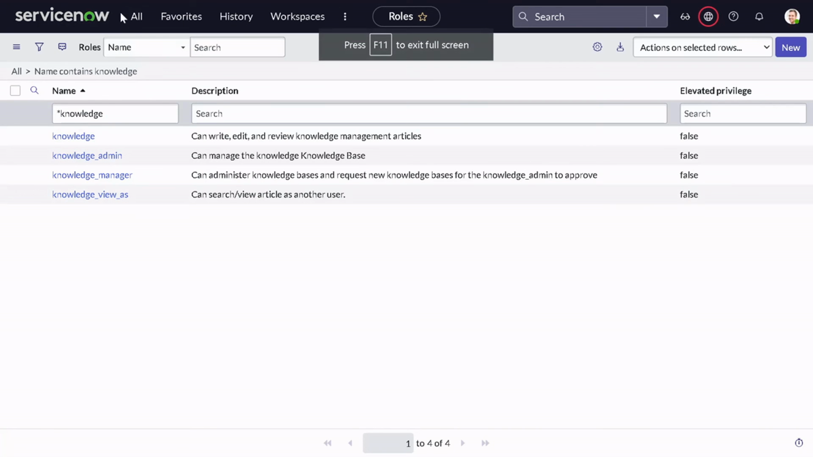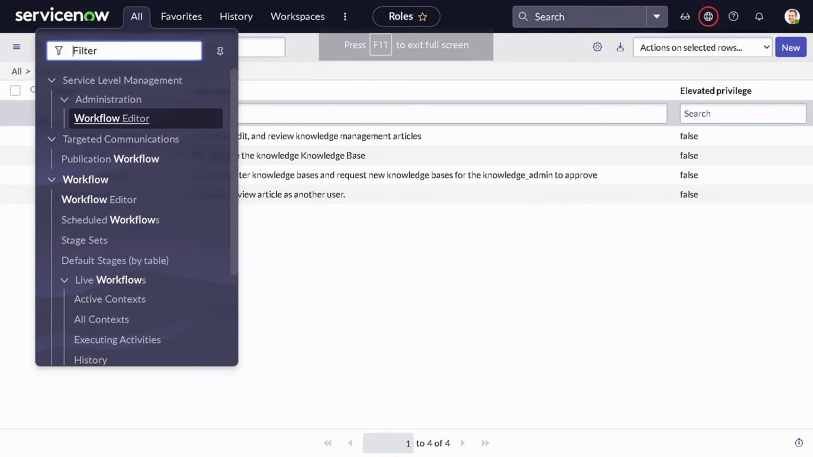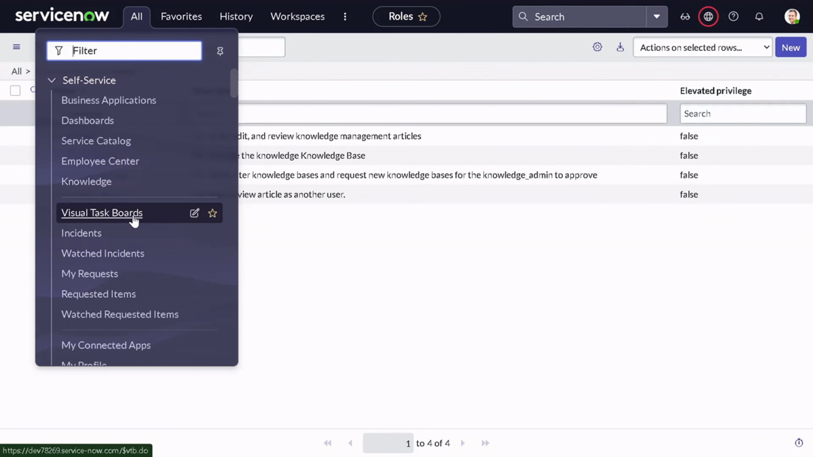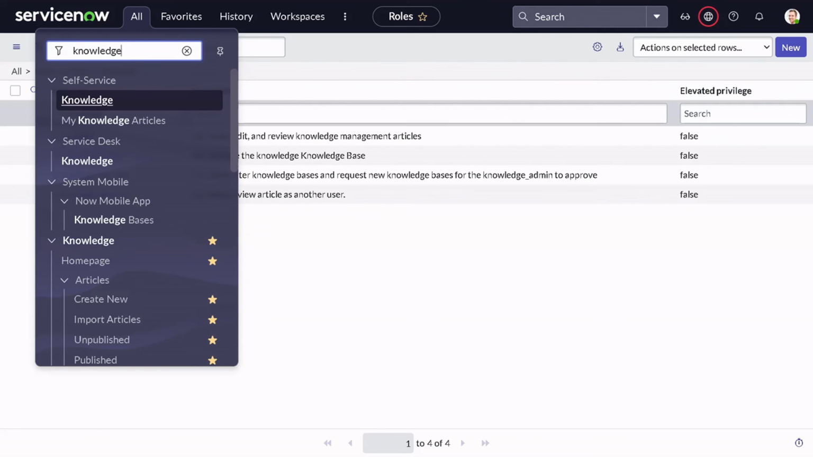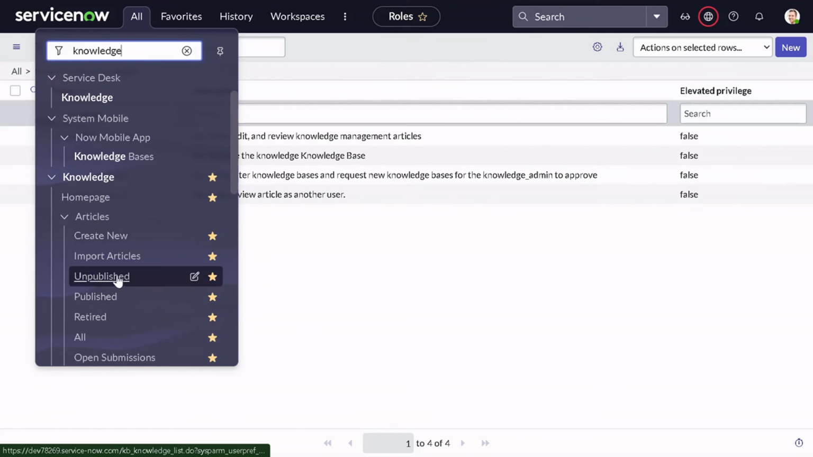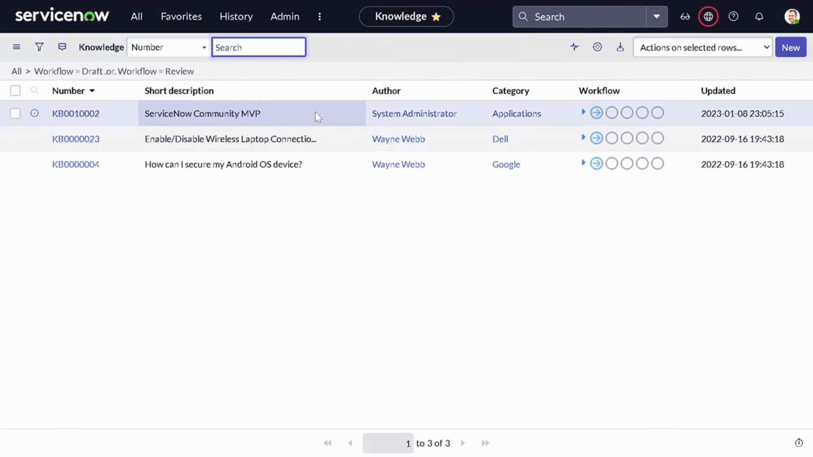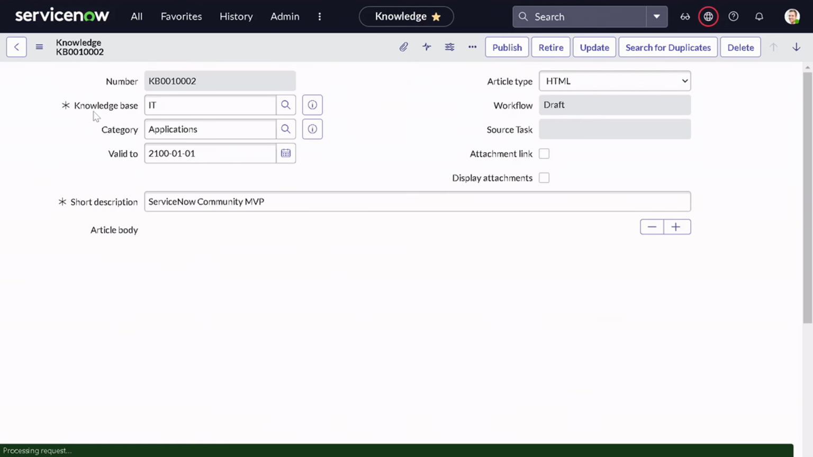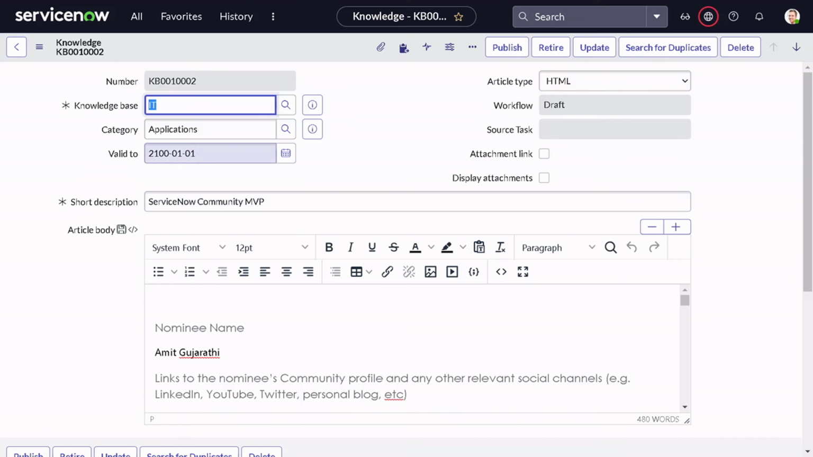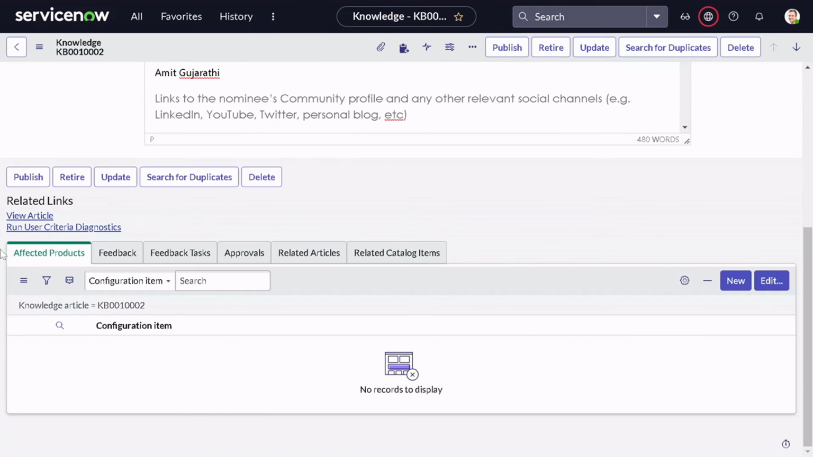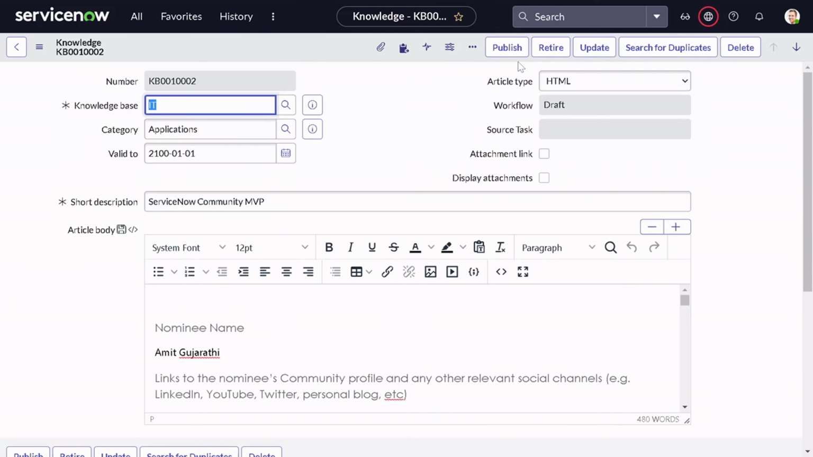Now let's try one publish. So we have created one knowledge, I think we have created one, which was MVP1. See, if I open this, as you can see, it's in a draft stage. Its article type is HTML, category is application, we have selected, valid to is a long valid, and if I want to publish it, if I click on publish,